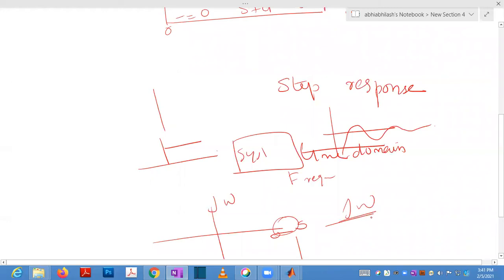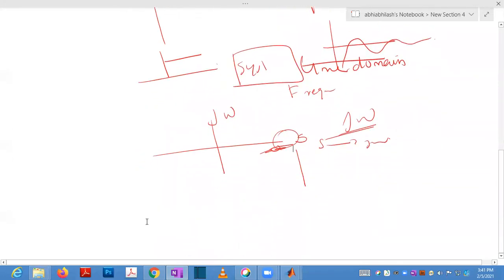So those things you will study later. S is converted into j omega, because you don't want the real part, only the imaginary part is needed. Those things you will study later. But this S plane is actually the sigma plus j omega plane. That is a complex plane or frequency plane. So you are converting this one to frequency domain.